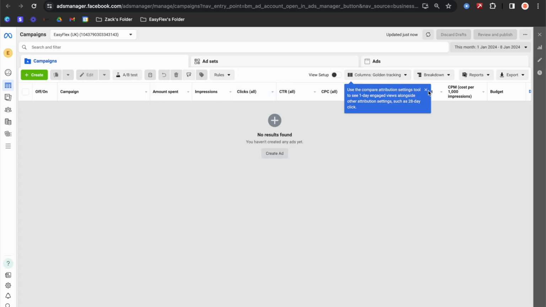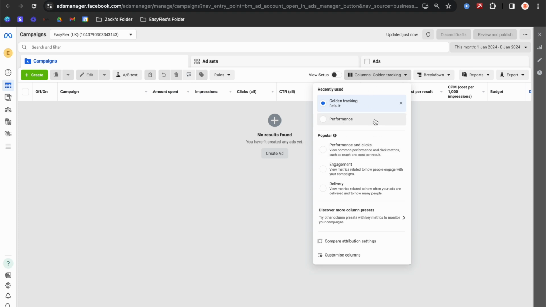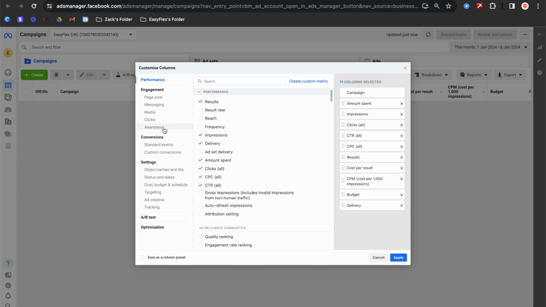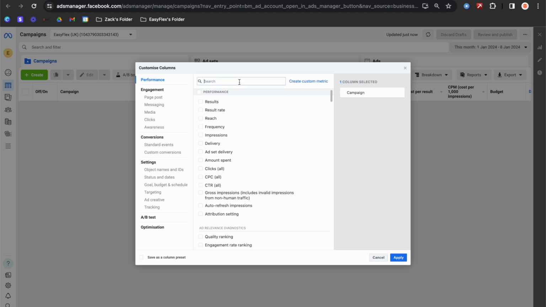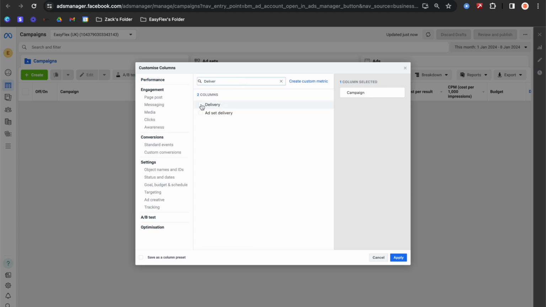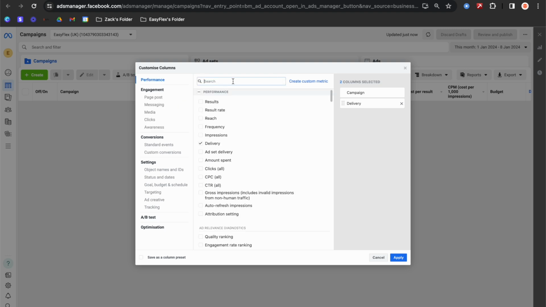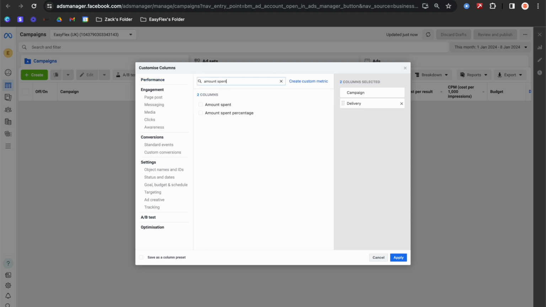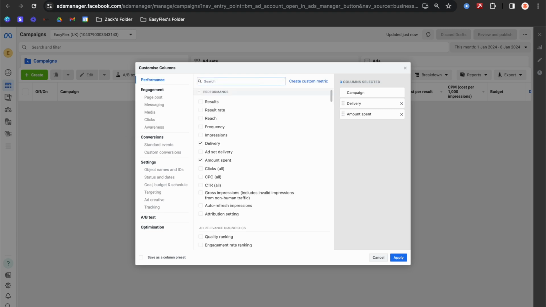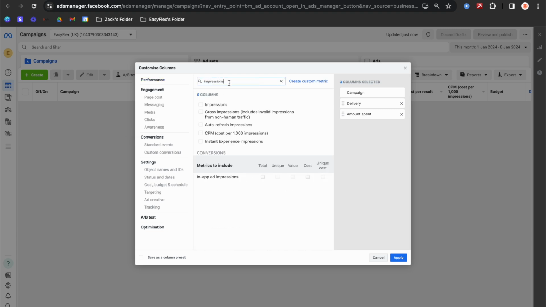Okay, from here, we're going to go into Columns. Now, as you can see, I've already got a custom one, but what you would do is click Customize Columns here. And what you want to do is X off every single thing you see. And then with me, we're going to start to customize this column so that we can only see the things that we care about. So the first one's delivery, amount spent, see how much we've spent on this campaign, impressions,